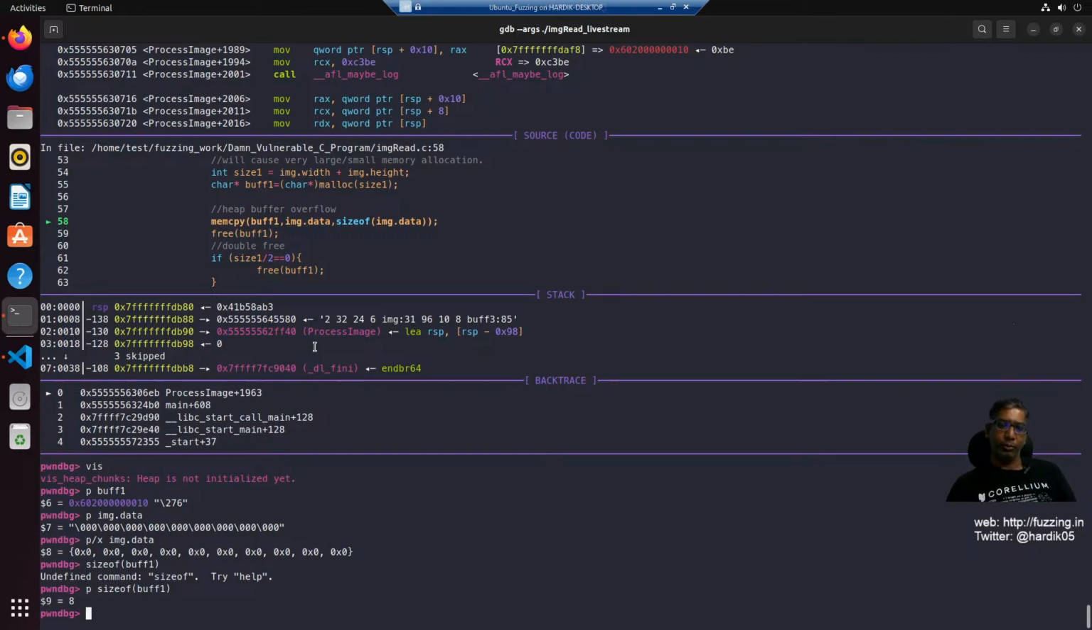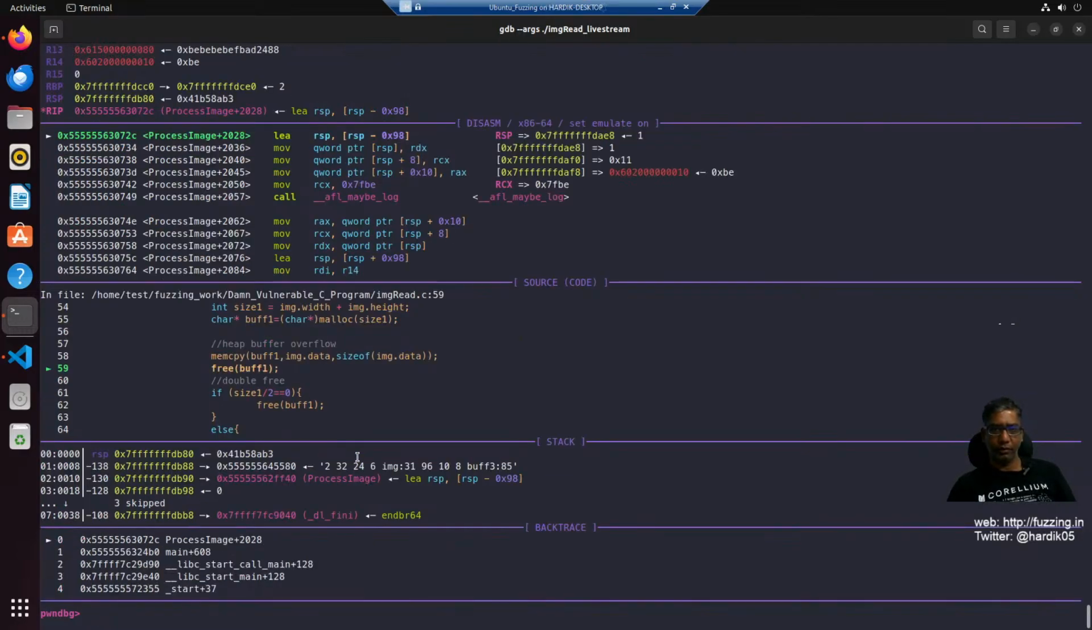So the size of buffer, okay, this is 8 bytes, that is fine. If we move next, it is trying to copy 10 bytes of data inside this buffer, right? So let's see what will happen over here. So it has copied the data, and then it is going to print this buffer. So right now if we print buffer,